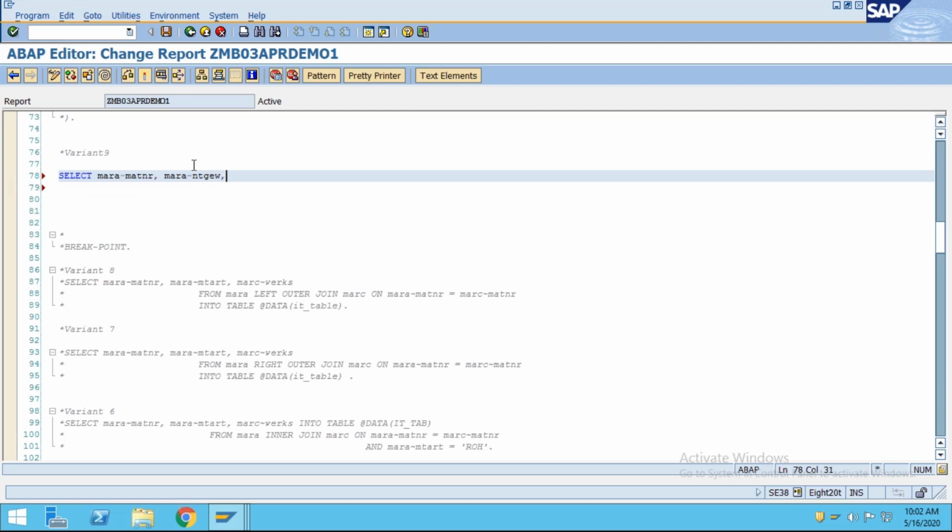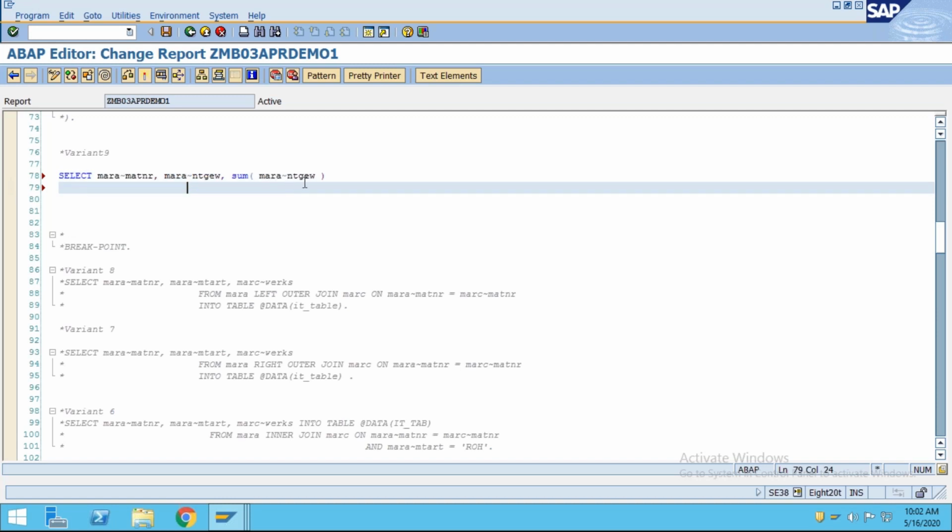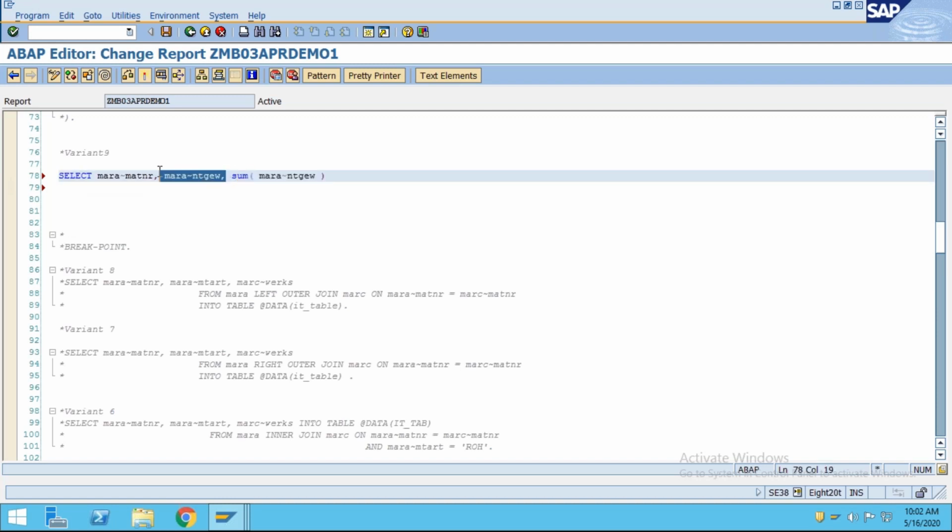And then what you want me to do? Sum you want me to display, right? Yes. My query is I want to do sum with material type, and I want to display MATNR also in output. Sum also if you want to, yes, that's right. You can just use this one. Sum this material type, and sum also if you want to display, so display like this. You can give this alias, it is required because you are using the aggregate function.